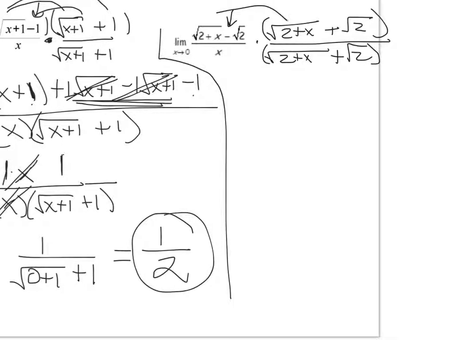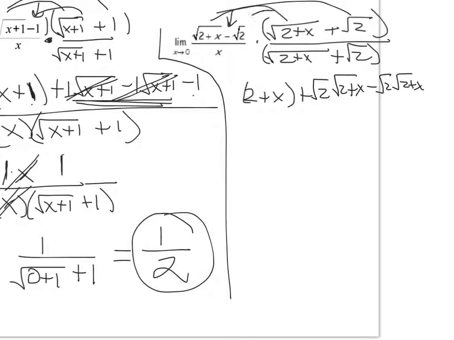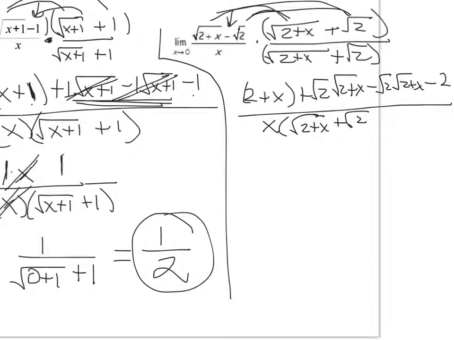Now, when I FOIL, I get 2 plus x plus the square root of 2 times square root of 2 plus x minus the square root of 2 times square root of 2 plus x, okay, because of this, and then that, and then minus square root of 2 times square root of 2, which would be 2, all over x times the square root of 2 plus x plus square root of 2. It looks icky on the bottom,